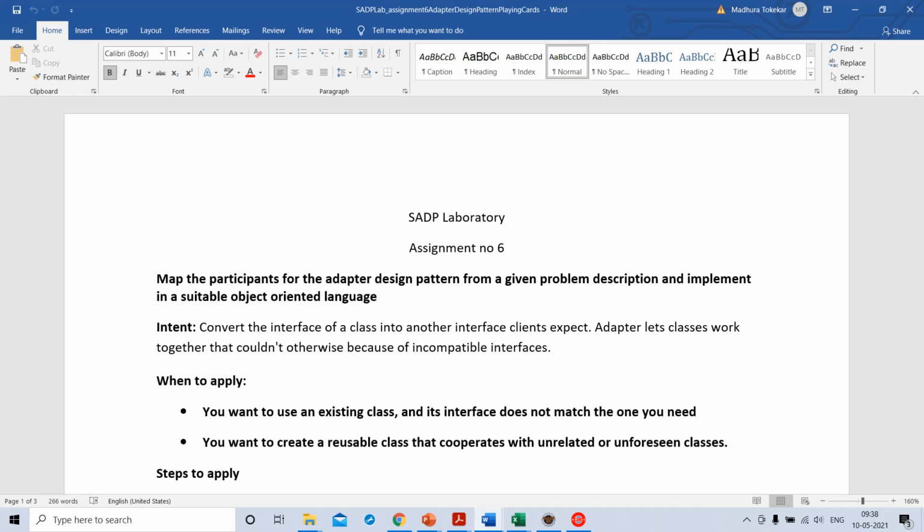So let's go ahead. It says map the participants of the adapter design pattern from a given problem description and implement in a suitable object-oriented language, Java. Intent: convert the interface of a class into another interface the client expects.